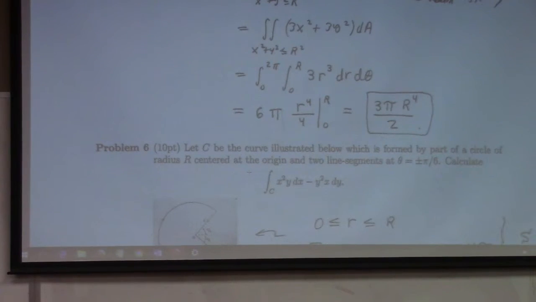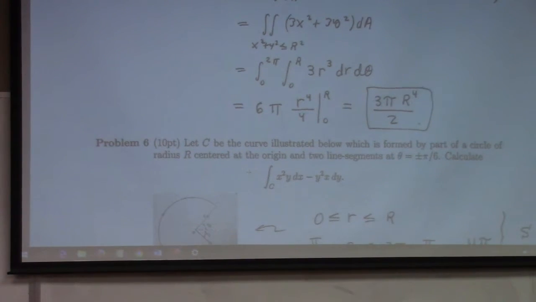If you've got a cone, maybe you should be thinking about spherical coordinates. If you've got a cylinder, maybe you should be thinking about cylindrical coordinates. If you've got a sphere, probably you should be thinking about spherical coordinates. There are exceptions, but